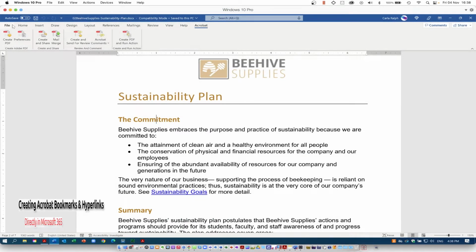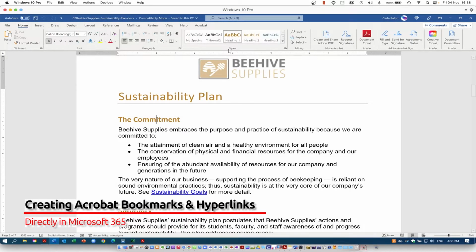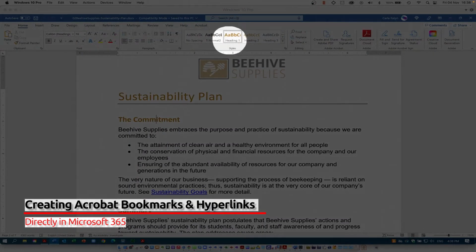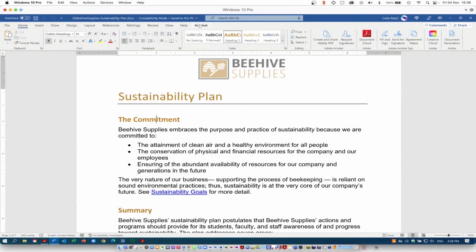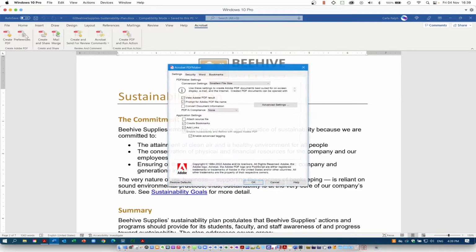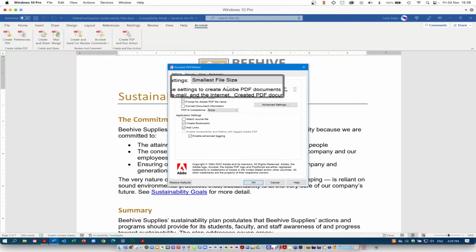For example, if you're working with styles in your document, you can see I've got a heading 1 style that is applied to my particular document. Using this ribbon, I can automatically generate not only the smallest possible file size out of